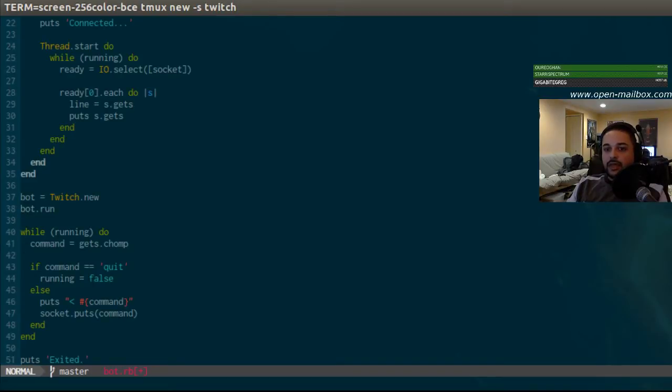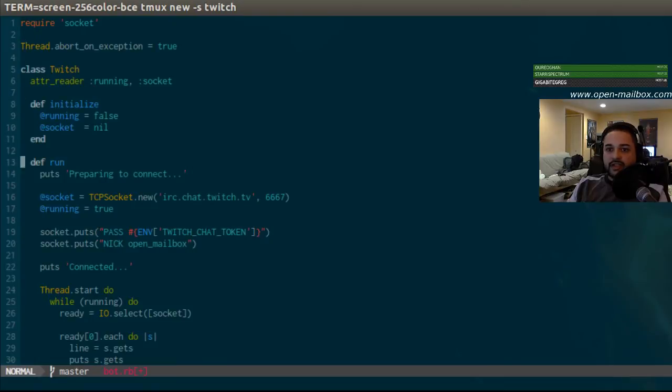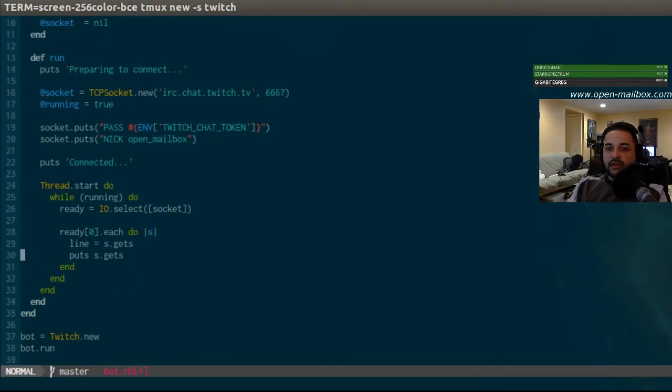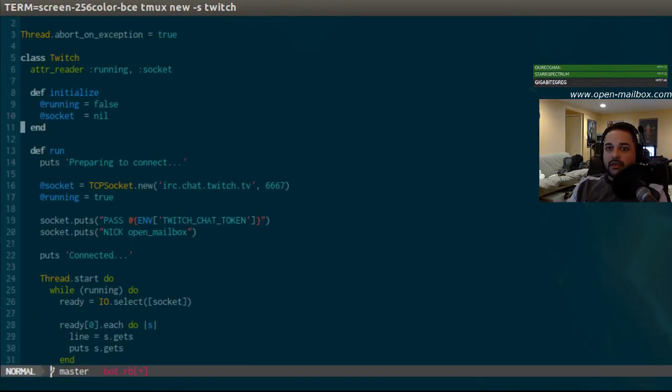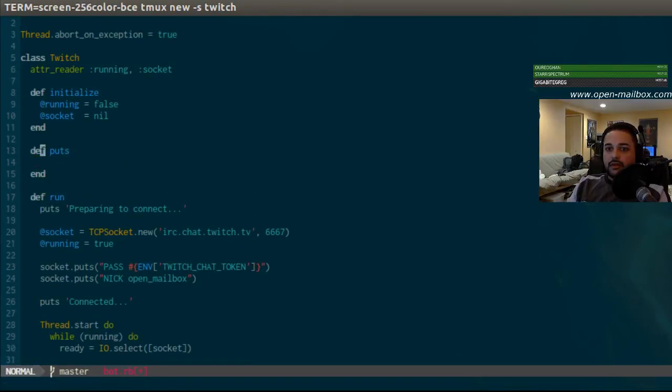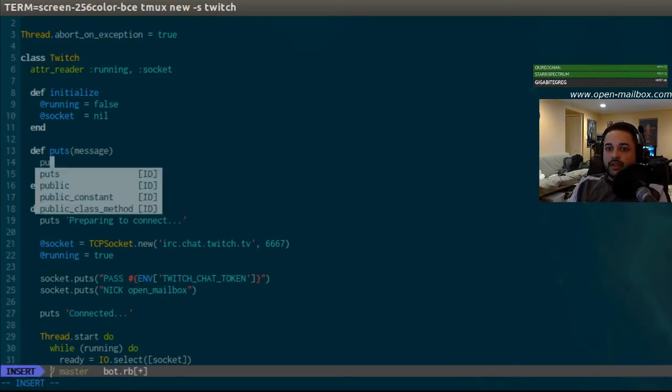Oh, but we need a way to talk to this thing now since we don't have access to the socket directly. So I'll just make a method in here that will pass the messages to the socket, and additionally log it for us.